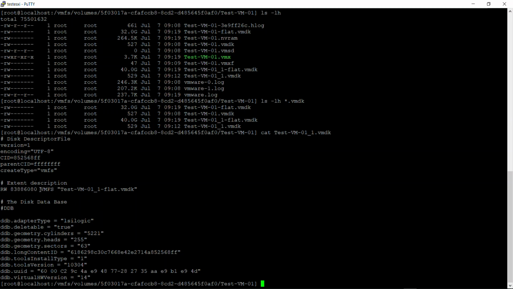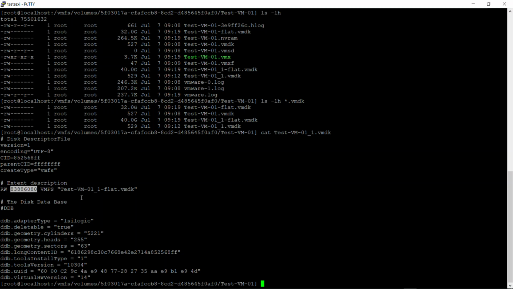Now to make the changes in the size of the disk, we need to make the changes here. To shrink the disk, we need to understand these blocks. How are these blocks calculated?